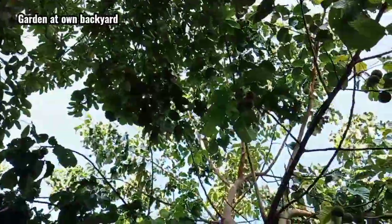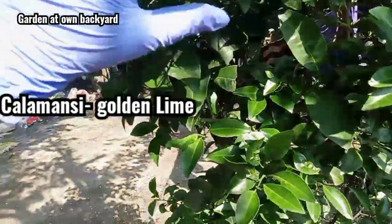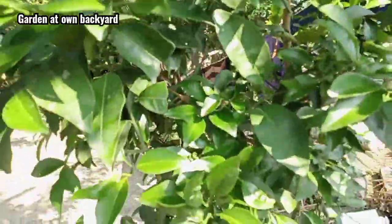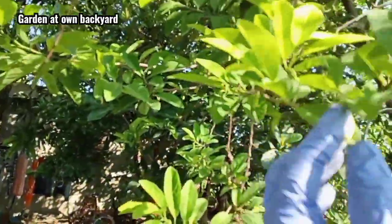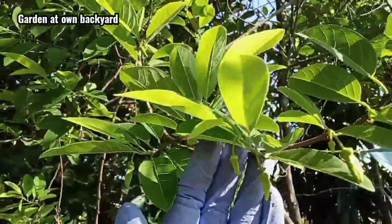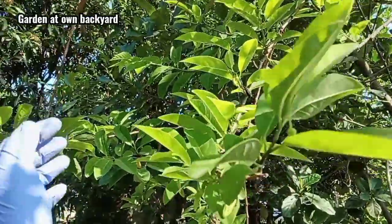We have Santol. This one has calamansi but no fruits yet. This one is starting to have flowers. This is a type of fruit as well. We call it